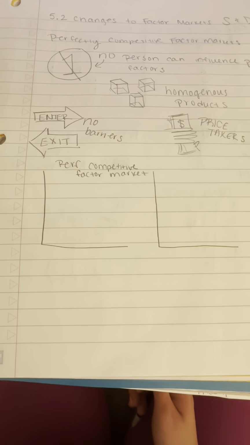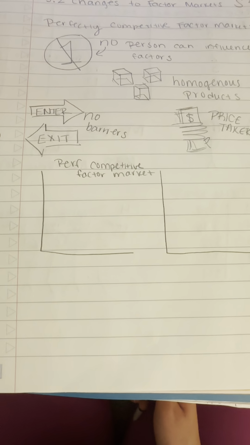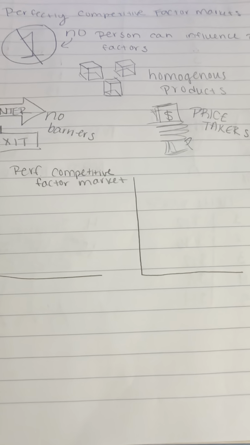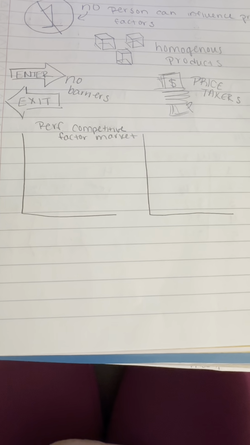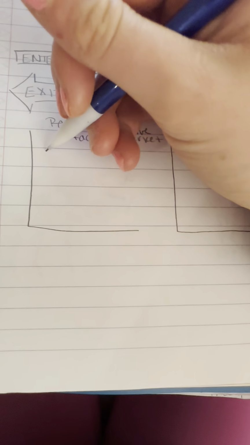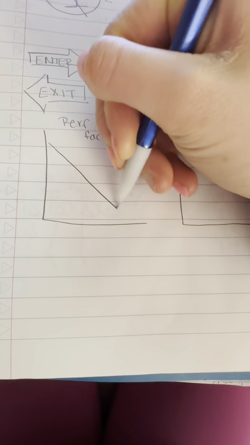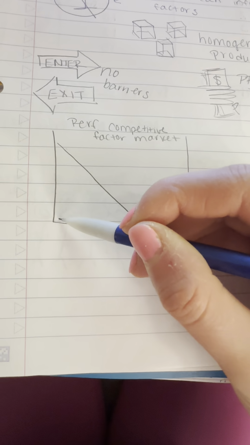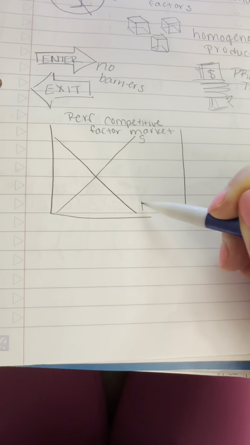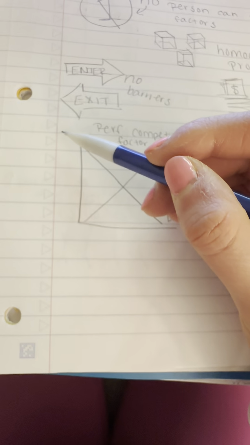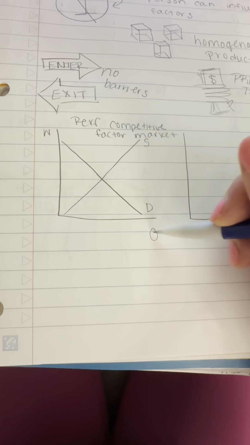All right, so question 2 is drawing a graph showing a firm operating in a perfectly competitive factor market, and then we're going to dive into explaining the different curves and where the optimal point is to hire. So for our perfectly competitive factor market graphs, you have your two side-by-sides, and then over here you're going to have your demand curve going down, your supply curve going up right here. Label them. We're going to label our wage, our quantity,